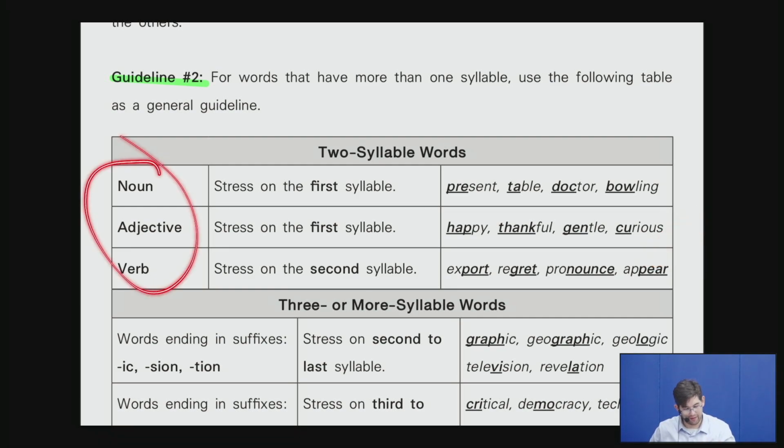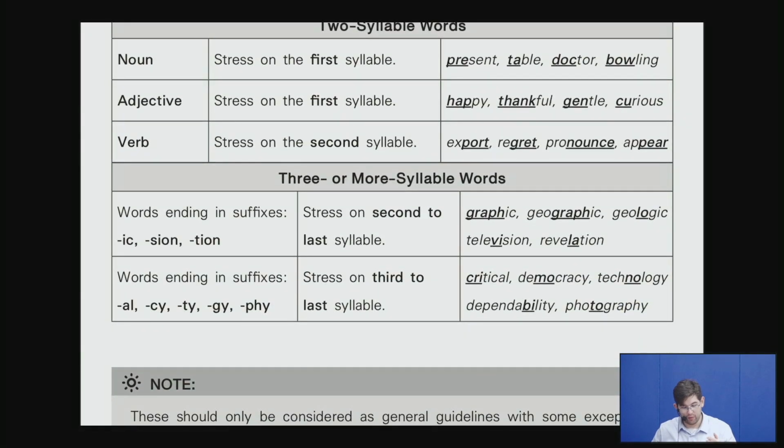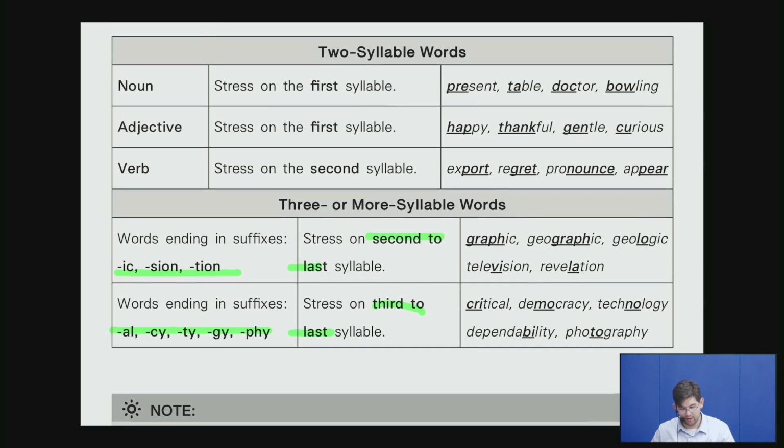So the examples of nouns, adjectives, and verbs using stress, using that extra power, that extra air in how we sound. These are just more examples of, again, 3 or more syllable words. Just some quick rules to help remind you. A lot of these things are going to end in suffixes of different styles. And at these different styles, the stress will be slightly different. So just to do it, our suffixes ik, shun, and shun, we're doing the second to last syllable. So we have graphic,